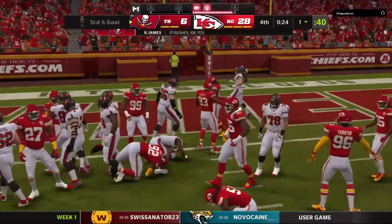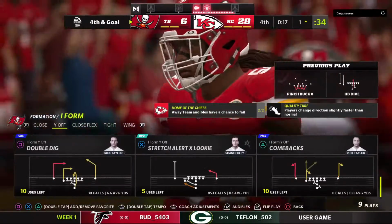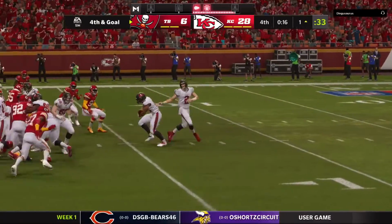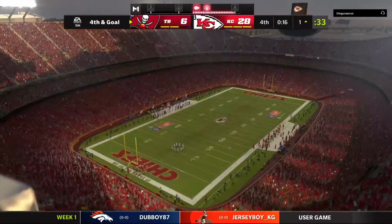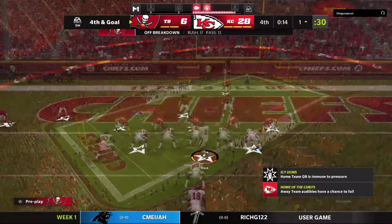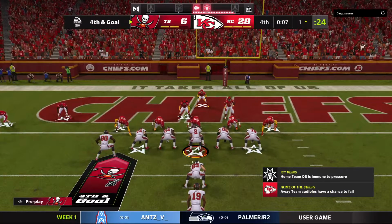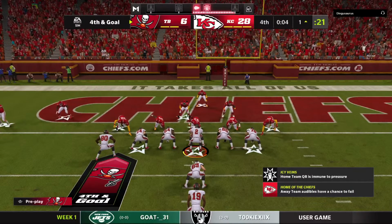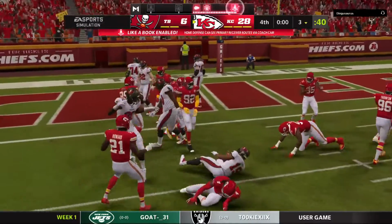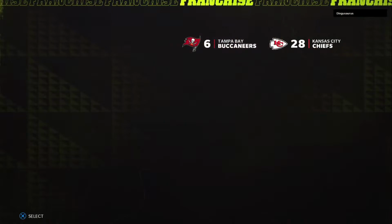On 3rd down, James. And not going to be able to push this forward. He runs into a wall right at the line of scrimmage. No gain on the play, and what to do now on 4th and goal. One last shot here. Trask. And he'll wind up being knocked back to the 3-yard line. So this one in the win column for Kansas City. And it was their defense that led the